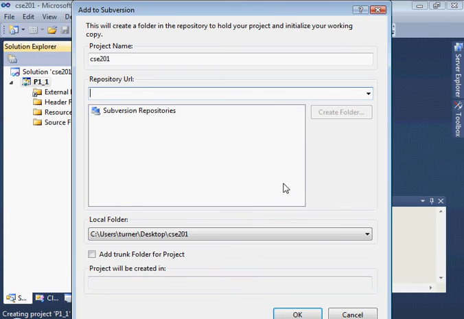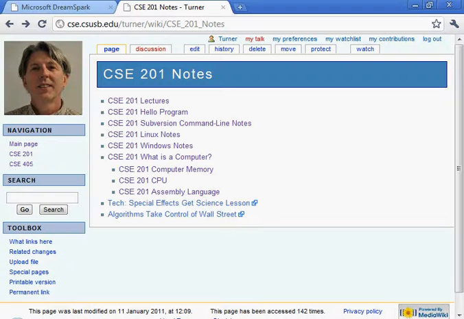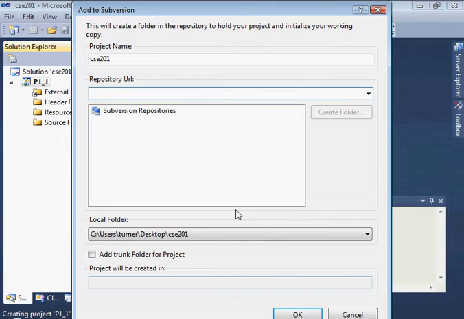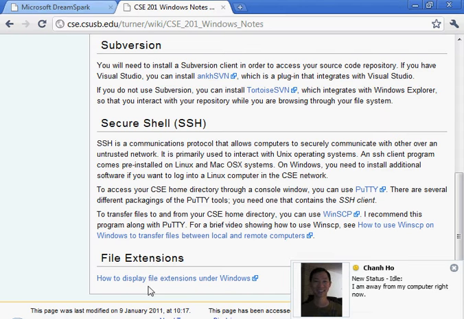And I want to add that, let me go back to that page. Something you need to pay attention to when you install this. I thought I had a note about that. It's tricky. Let me show you what you need to do there. But first, before we do that,